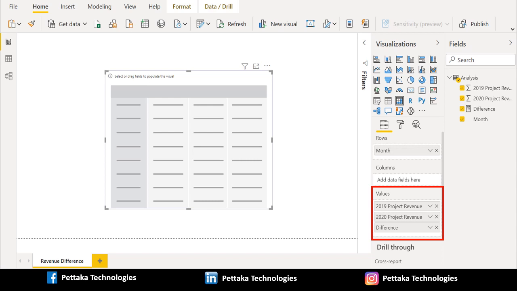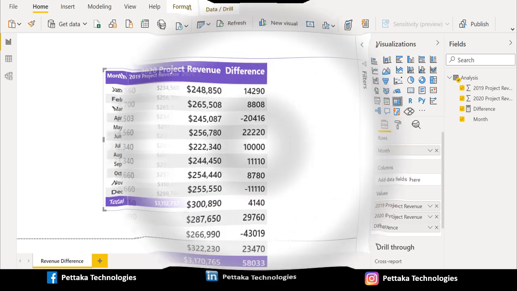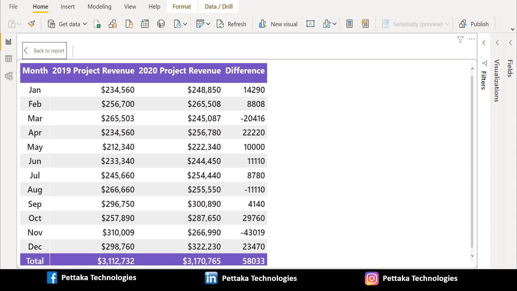After placing the columns, now matrix visual looks like this in Power BI Desktop. Now we can see difference between two columns by month wise. That's it. We have successfully calculated the difference between two columns using DAX functions in Power BI Measure and visualized data difference in Power BI Matrix Visual.